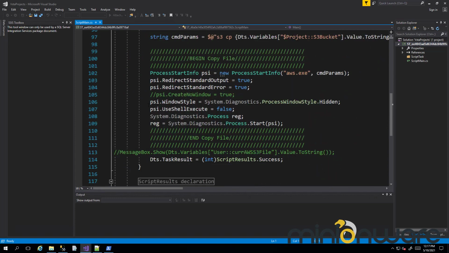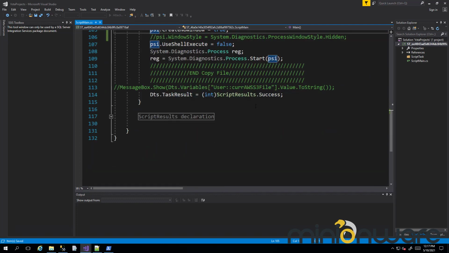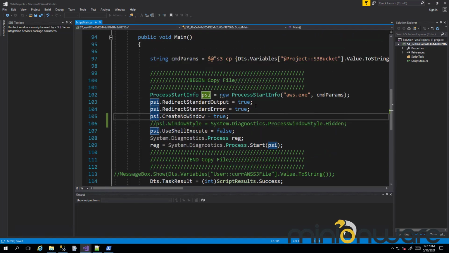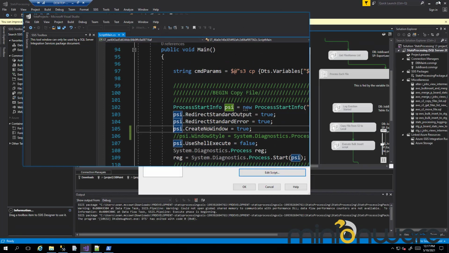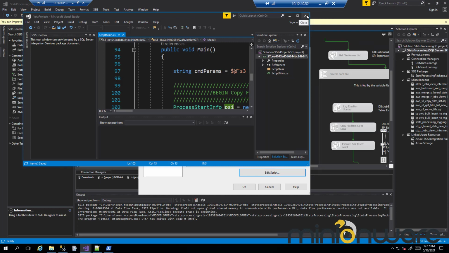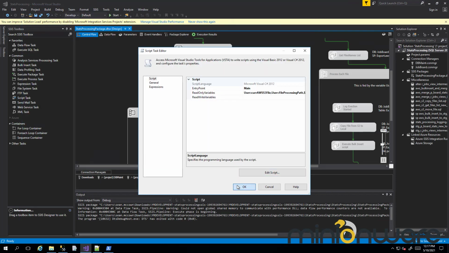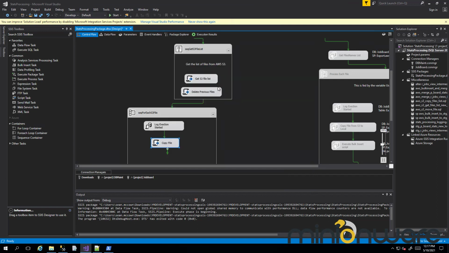And here it is. Let's comment that out. Let's create no window equals true. There we go. And I think that'll do it. So let's go ahead. I saved it. So let's go ahead and close this. Oops, that's wrong. Do that. Do that. Now,